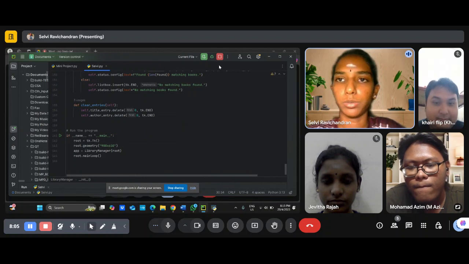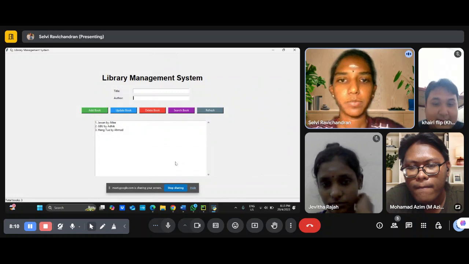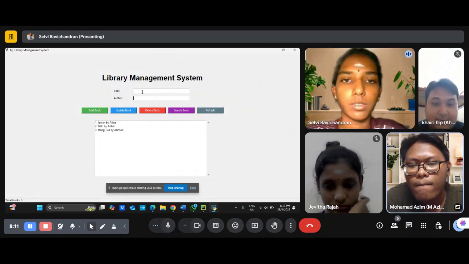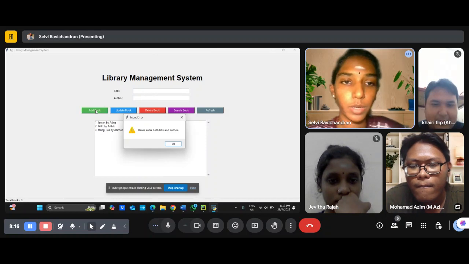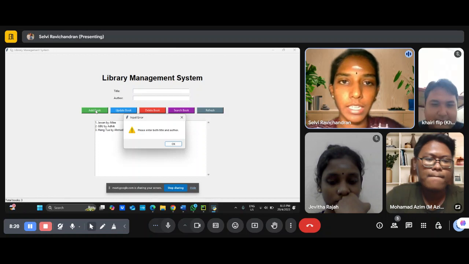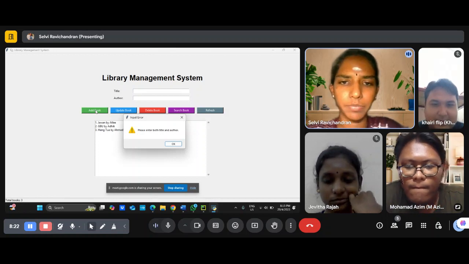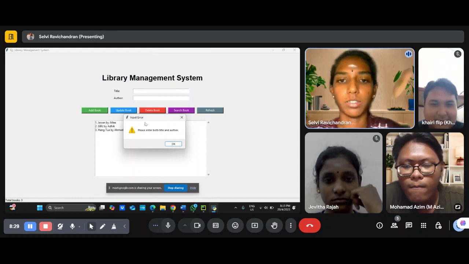Now I would like to share the output. Here we can add a book. When we click add book without inserting any title or author, it shows an error message: please enter both title and author.